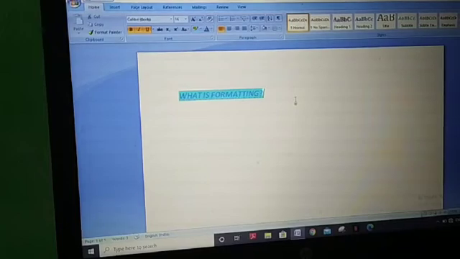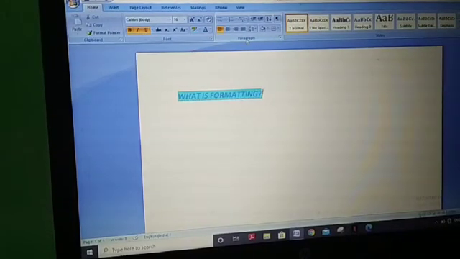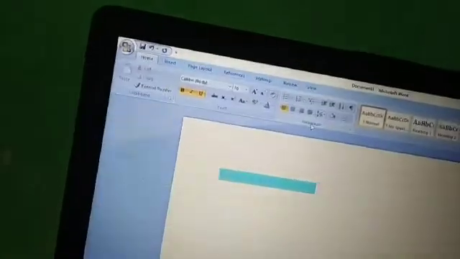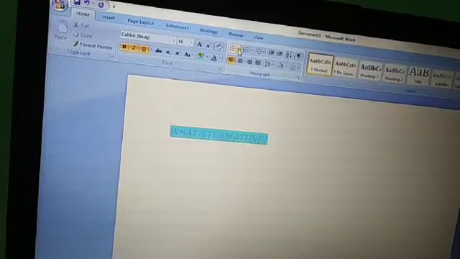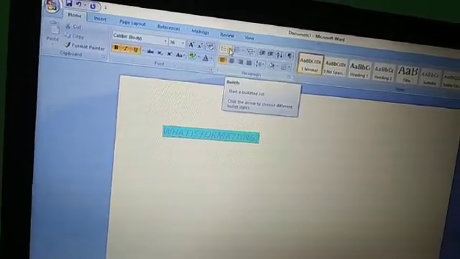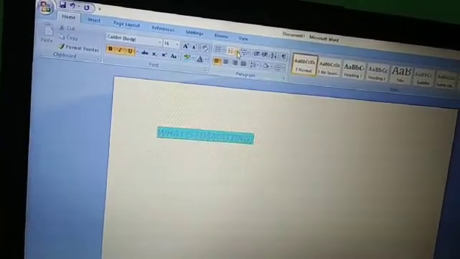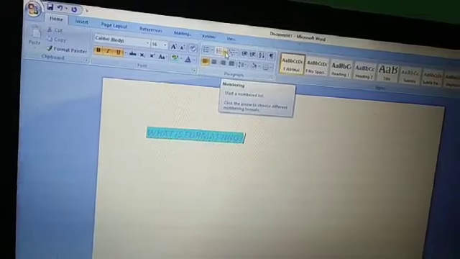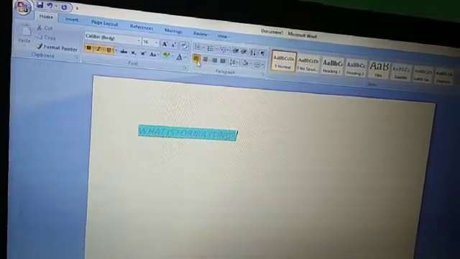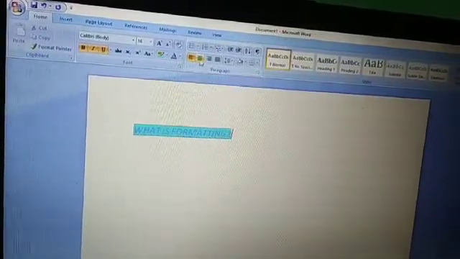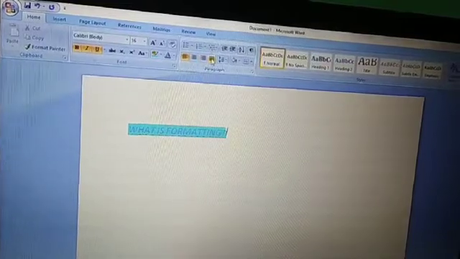Now the next group is the paragraph group. Here you can see this is the paragraph group. In this paragraph group there is the bullet button. This is for numbering, and this is for left align, center align, right align, justify.